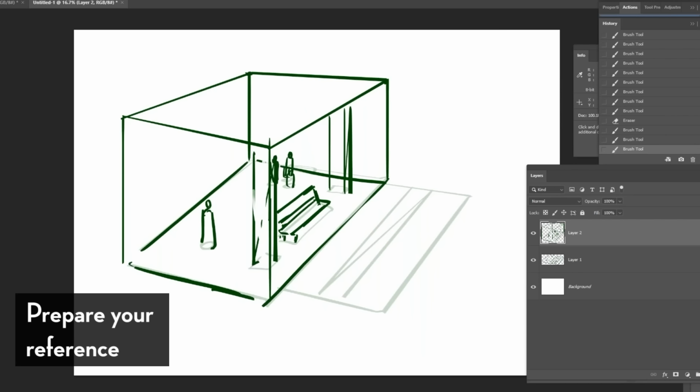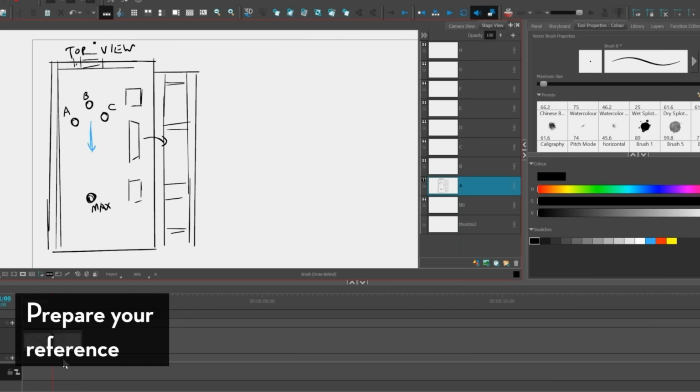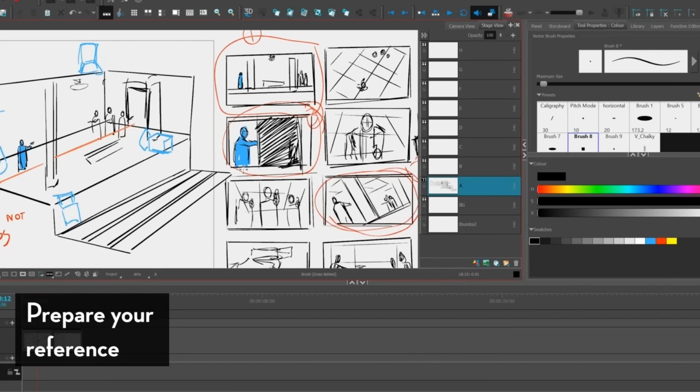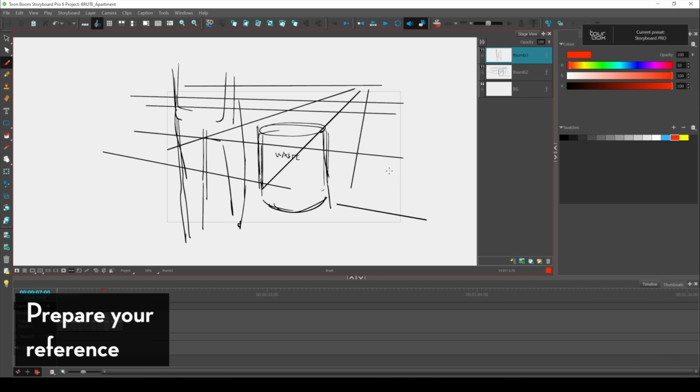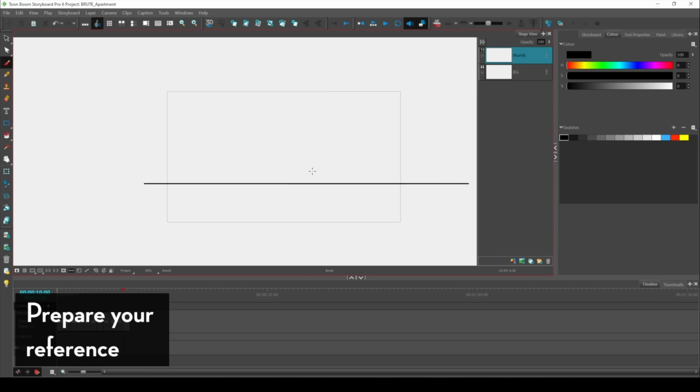It's good to have a set of references for your storyboard sequence, so it's good to have an idea of what your stage and your set looks like. When I'm launched on a storyboard sequence at work, sometimes the directors will give me a top-down view of the overall set where the characters are placed and how they might move throughout the scene. So it's kind of a good idea to have that sort of reference so you can have an idea of how to keep the staging consistent. Character designs, they don't have to be final character designs. They could be like shorthands or placeholders for what the characters might end up looking like, a representation. And just something to keep consistency throughout your sequence.